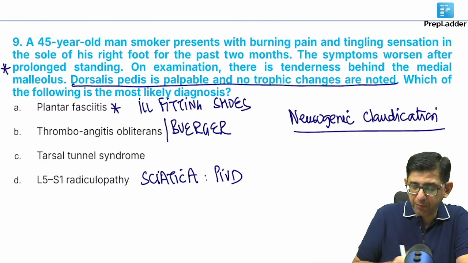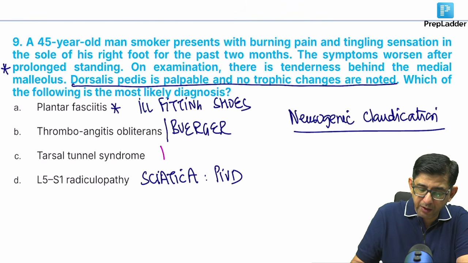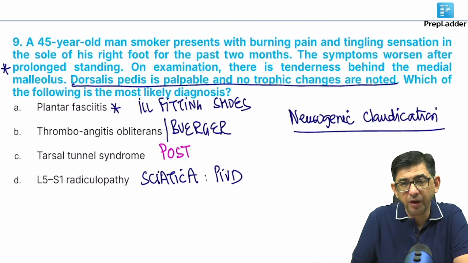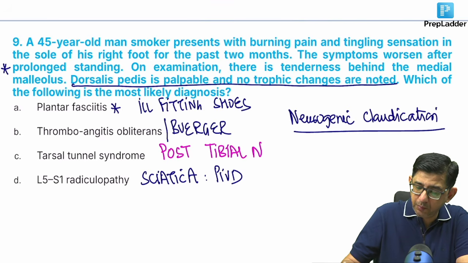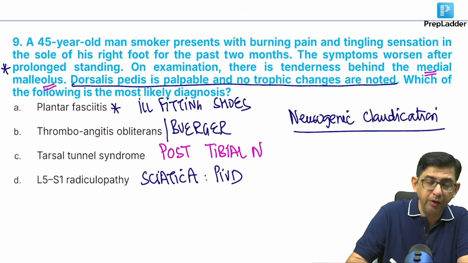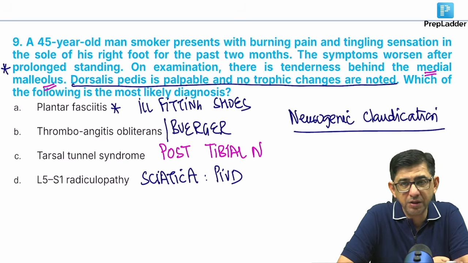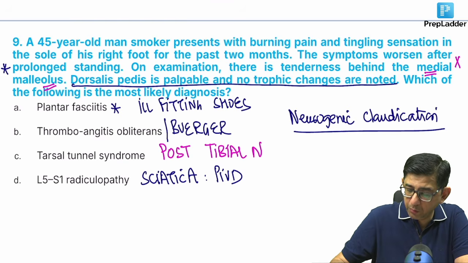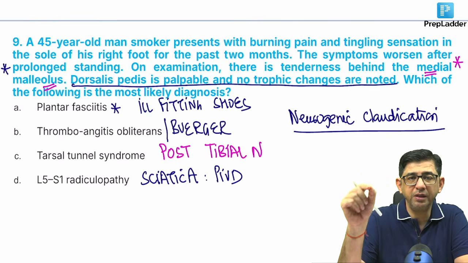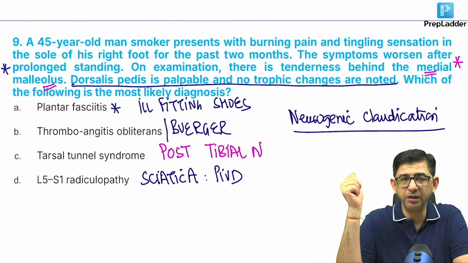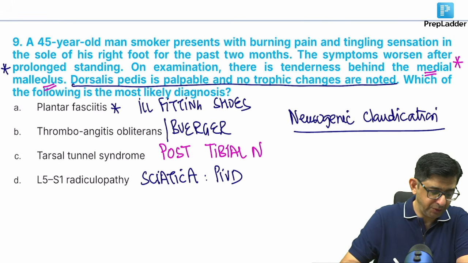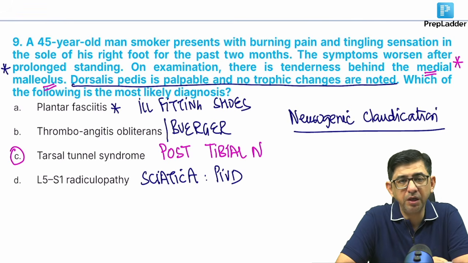So you have picked up the question very correctly, that because it is written that there is tenderness behind the medial malleolus. What is the anatomical location of the posterior tibial nerve? The anatomical location of the posterior tibial nerve is medial malleolus. It is the location just behind the medial malleolus that was given. So this is the main pickup point in the question, tenderness present in the medial malleolus, and he has himself ruled out vascular claudication. So the answer in this case is option number C, that is called as tarsal tunnel syndrome.